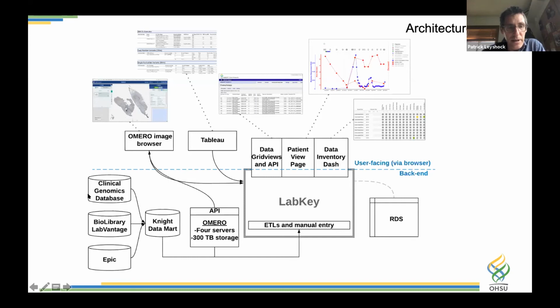This is, for example, various siloed resources on campus, such as our clinical genomics database, as well as our EPIC, of course, our EHR system, and our sample tracking system, which right now is a BioLibrary LabVantage system. All that data feeds into the Knight Data Mart, where we do some data organization. We then pull that data into LabKey Server using LabKey Server's ETL processes. Very easy to set up and maintain, and those run on a schedule so that we know we have